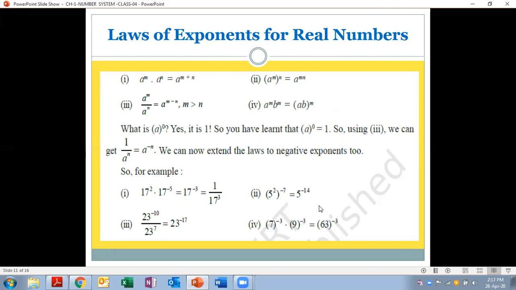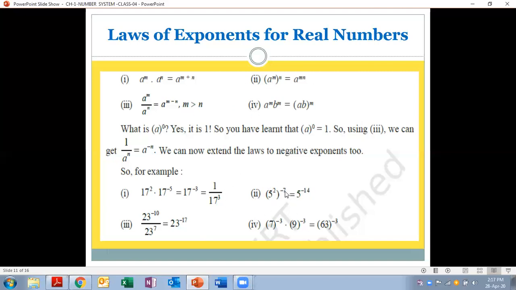And from the examples you can see the uses of these identities. From examples 1, 2, 3 and 4, we have the uses of these identities. First case, you can see here we have the same bases and the powers are different. In multiplication we add the powers. So first we have the addition of the powers here, because the bases are the same. So you can see the powers are added: 2 plus minus 5 becomes minus 3. Similarly, the other examples have been solved using the identities here. You can see the application of the identity.